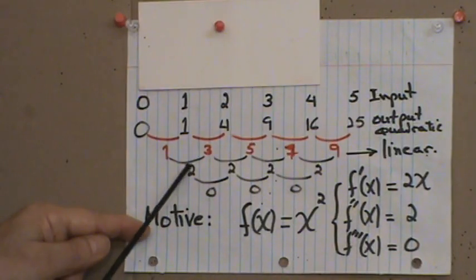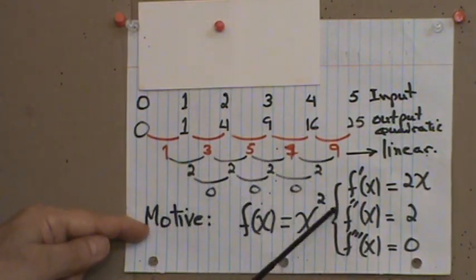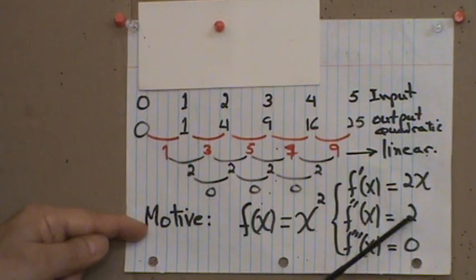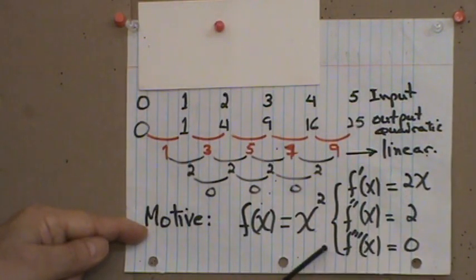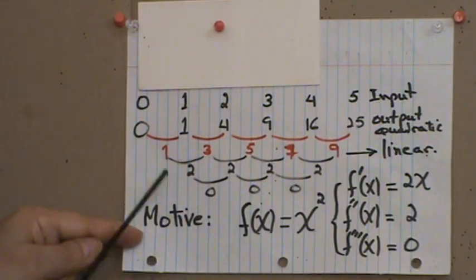Look at that, this was changing 2 and 2 and 2, you see, so it was a constant. What was that constant? 2. You see, the second derivative is 2. And finally you get 0. And this difference that you just noticed